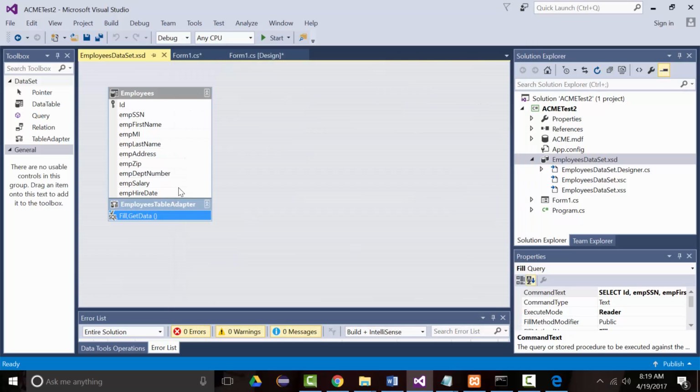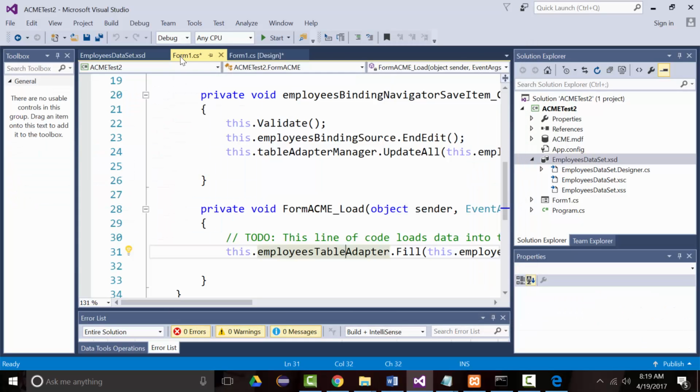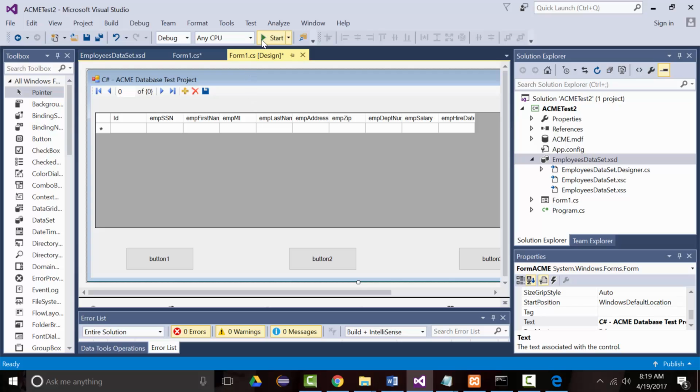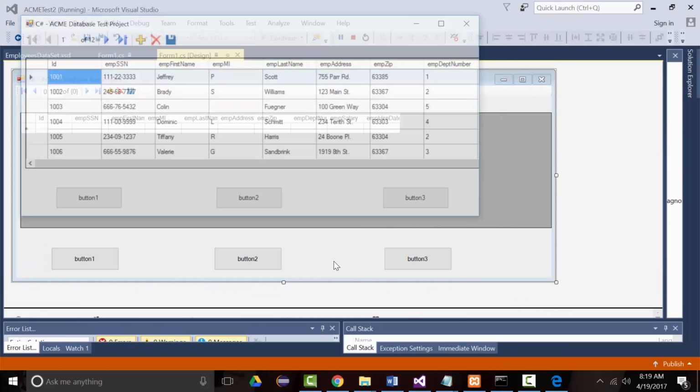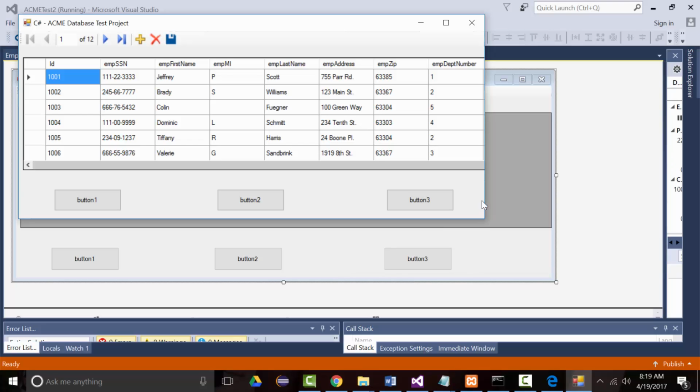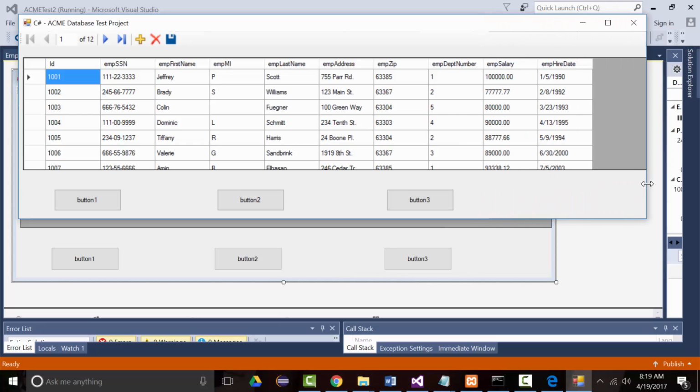So I'm just going to cancel out of there. And you see that when I come over here, and again, when I run this, it should be pretty obvious what happens. All right? Again, I can drag this to make it a little bigger, but you get the idea when you take a look at it. All right? So again,